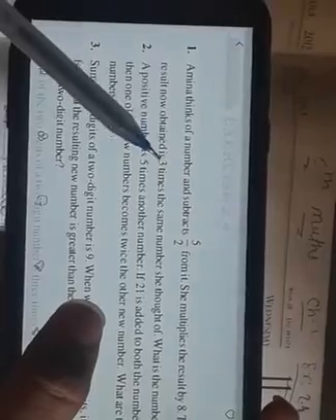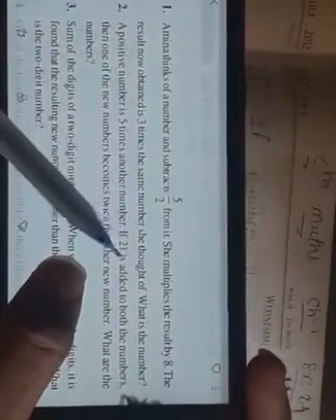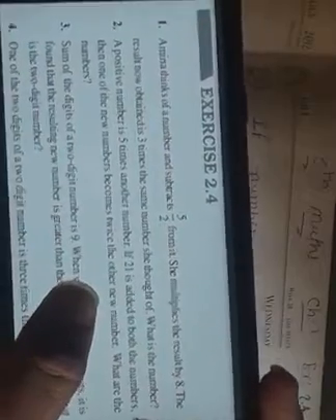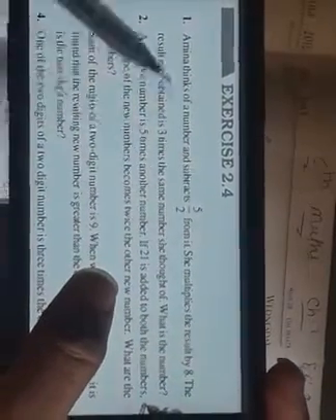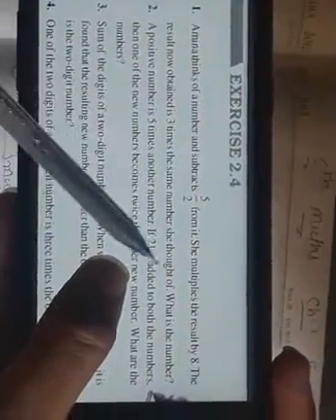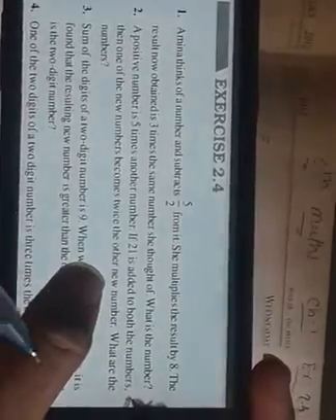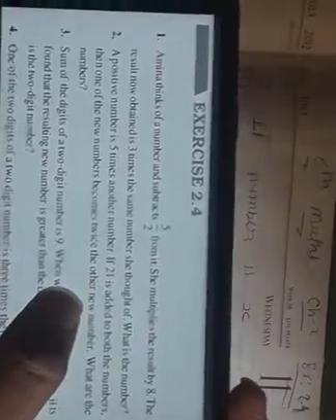And what result does she get now? The result she obtains now is 3 times the same number. Same number means the number that she was thinking about. What is that number? Now we don't know that number. That is why we have supposed here that the number is x. Now what has she done? She has subtracted 5 by 2, so we have subtracted 5 by 2 from x.